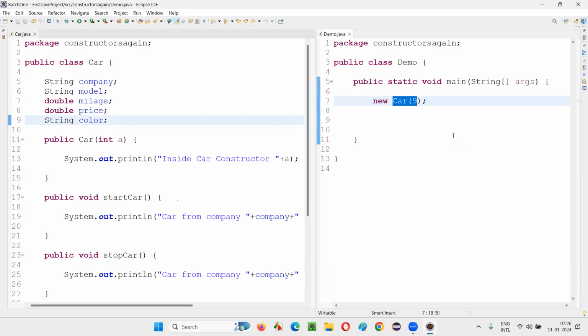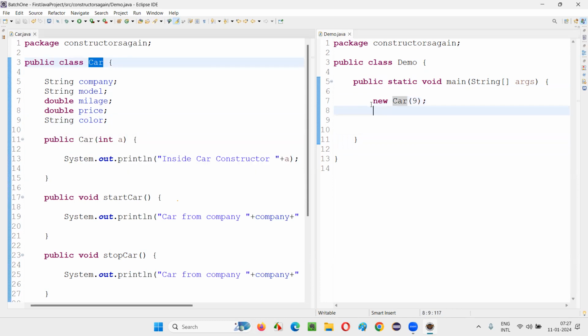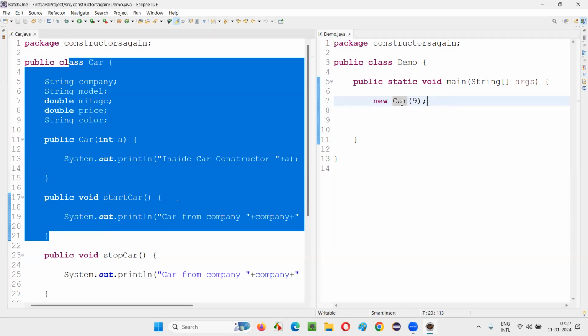My doubt is, are we creating a constructor inside the main method? We are not creating a constructor inside the main method. We are creating the constructor inside the car class. We created this inside the car class. In the main method, we are creating objects, because this is the template. For this template, we have to create objects. In the object creation statement itself, we have a constructor calling statement. Automatically, it will be there.